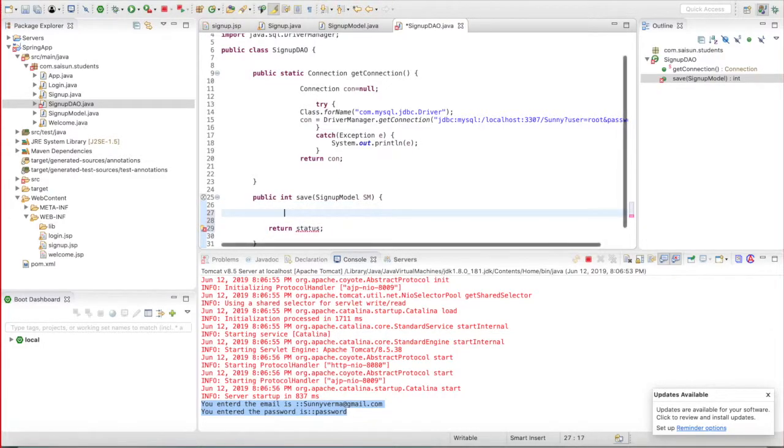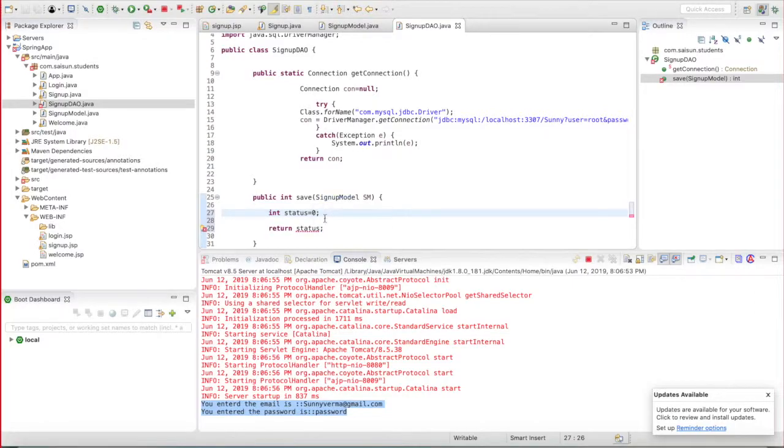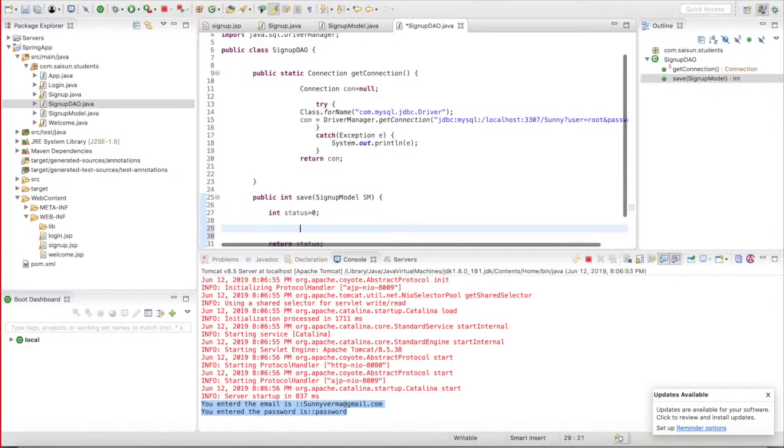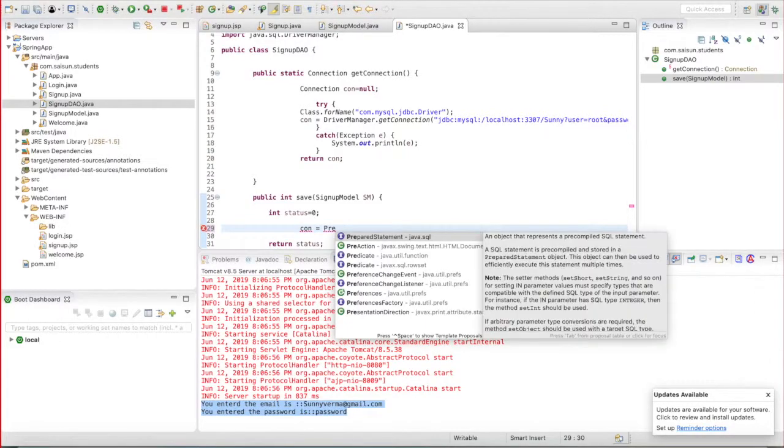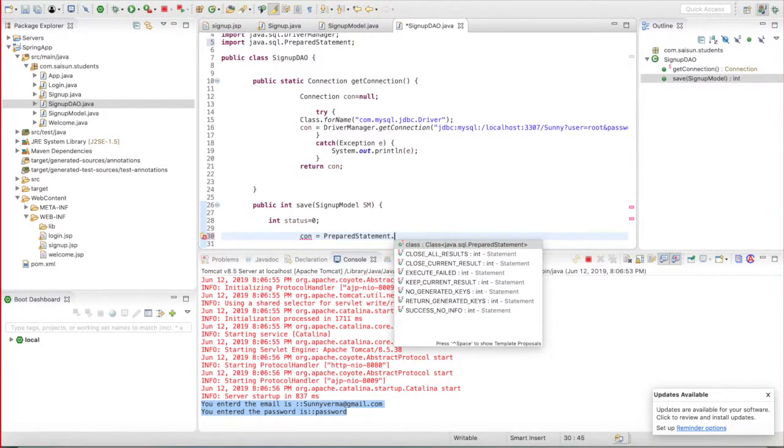Here I will use integer type status equal to 0. Now I need to insert the values from Java to the database. So I will use connection is equal to prepared statement dot